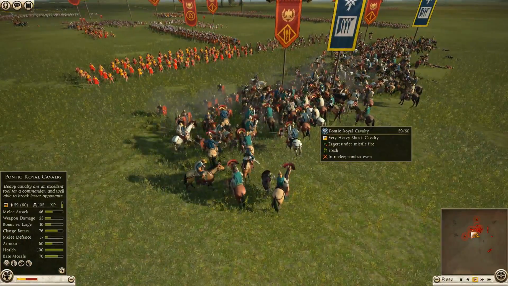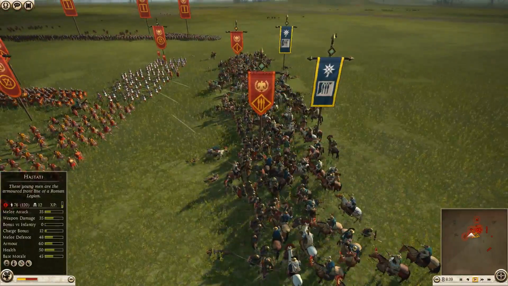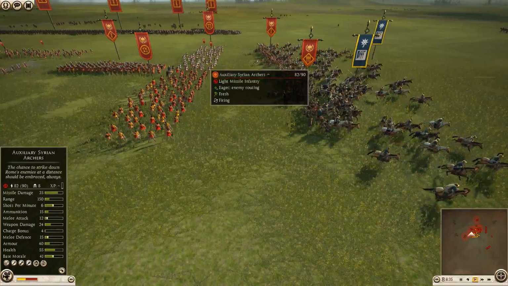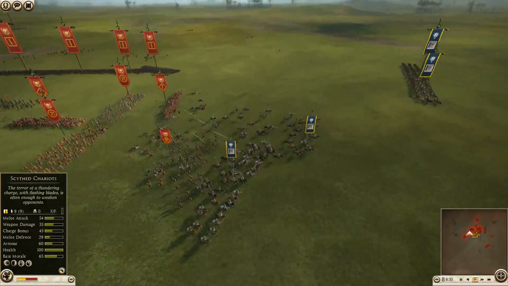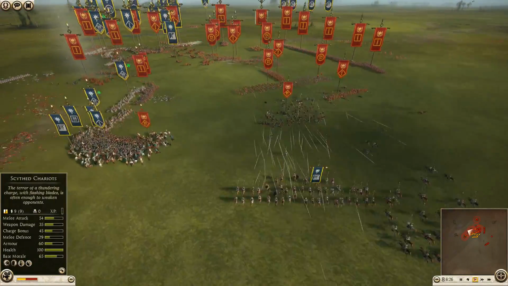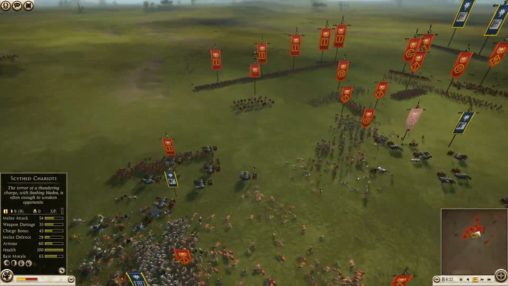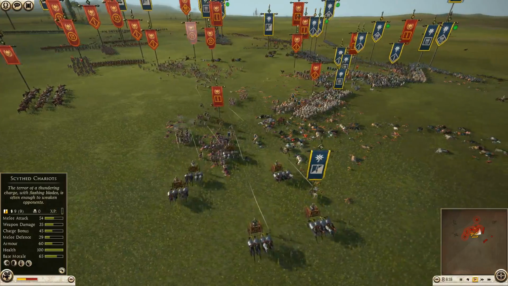We've also got the Pontic Royal Cavalry on the right-hand flank charging into the auxiliary infantry. Not ideal, considering they are spearmen, and also being volleyed by the auxiliary Syrian archers and auxiliary Balearic slingers as they do try and retreat. But I think James the Great will just try and cycle charge those units just to keep the pandemonium in the Roman lines real. I think Olympian Deity is really struggling to keep his battle lines,